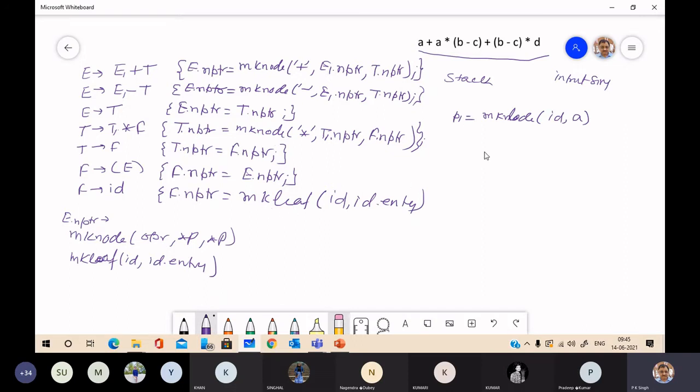Here we have the make leaf function. Then again A is shifted.